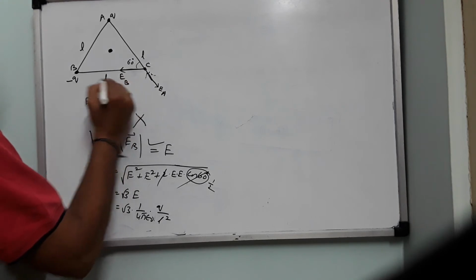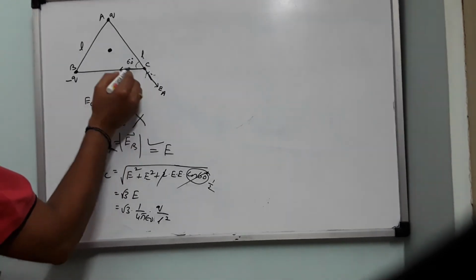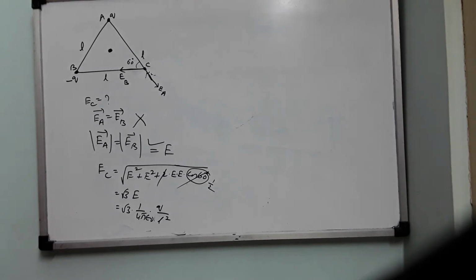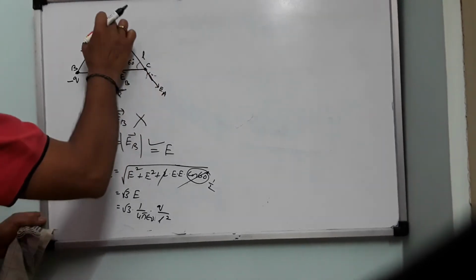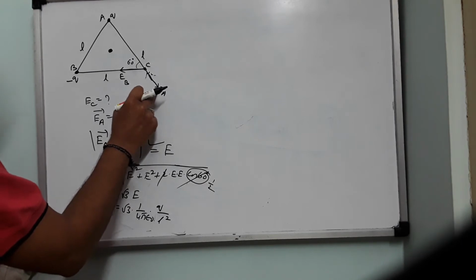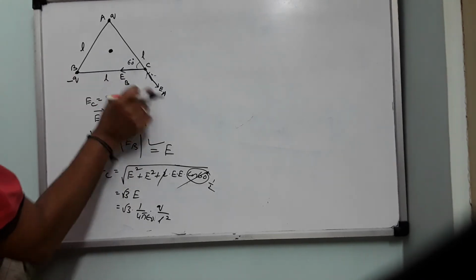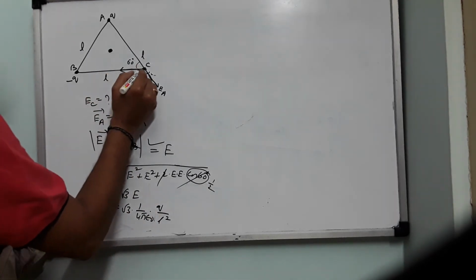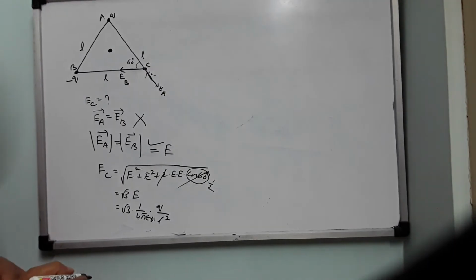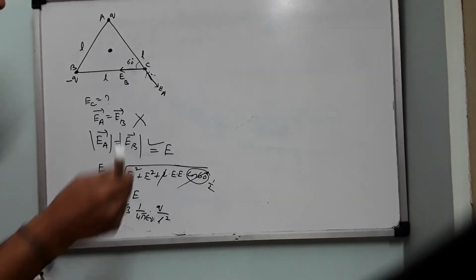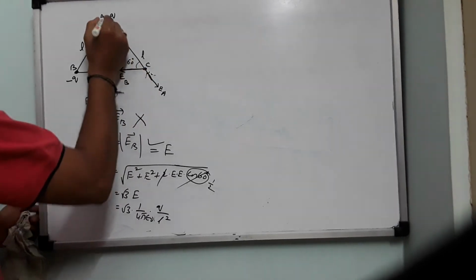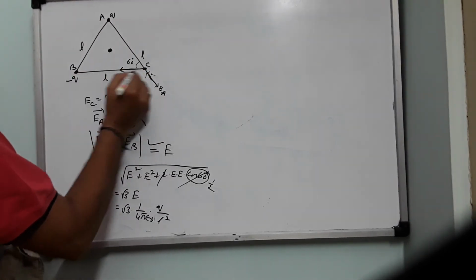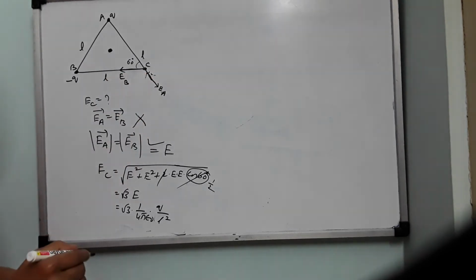So this will be E due to B. Now, do these two vectors have equal magnitude? Yes, equal magnitude. Sir, but this tip, this arrow is very far away from plus Q, and this arrow is very close to B. How can these two be equal? We are not seeing the ends of the vectors, we are seeing the origin of the vectors. That's what we state: if two vectors are represented as two adjacent sides of a parallelogram originating from the common point. So they originate at equal distances. At L distance it is originating, again at L distance it is originating. Therefore, these two will have equal magnitude.